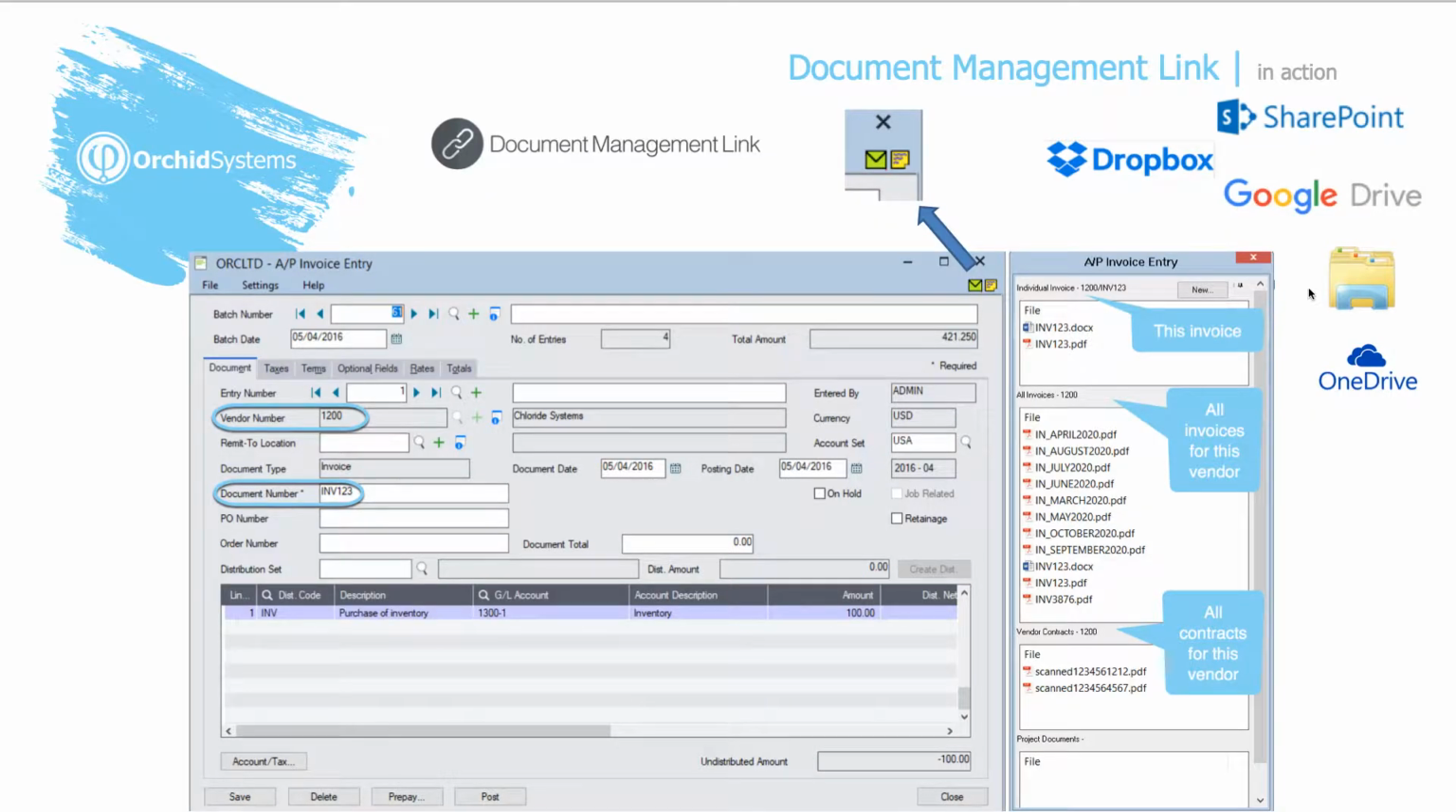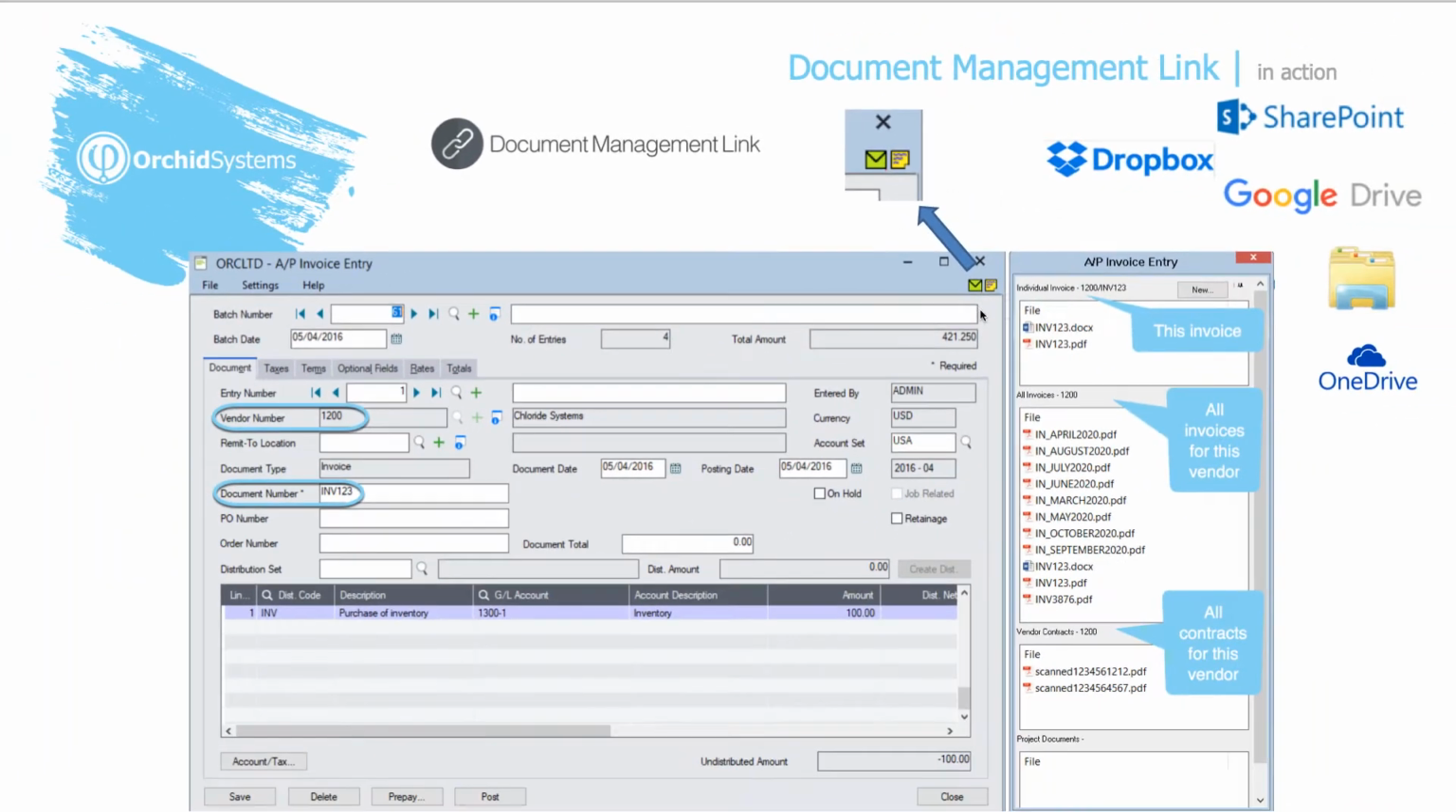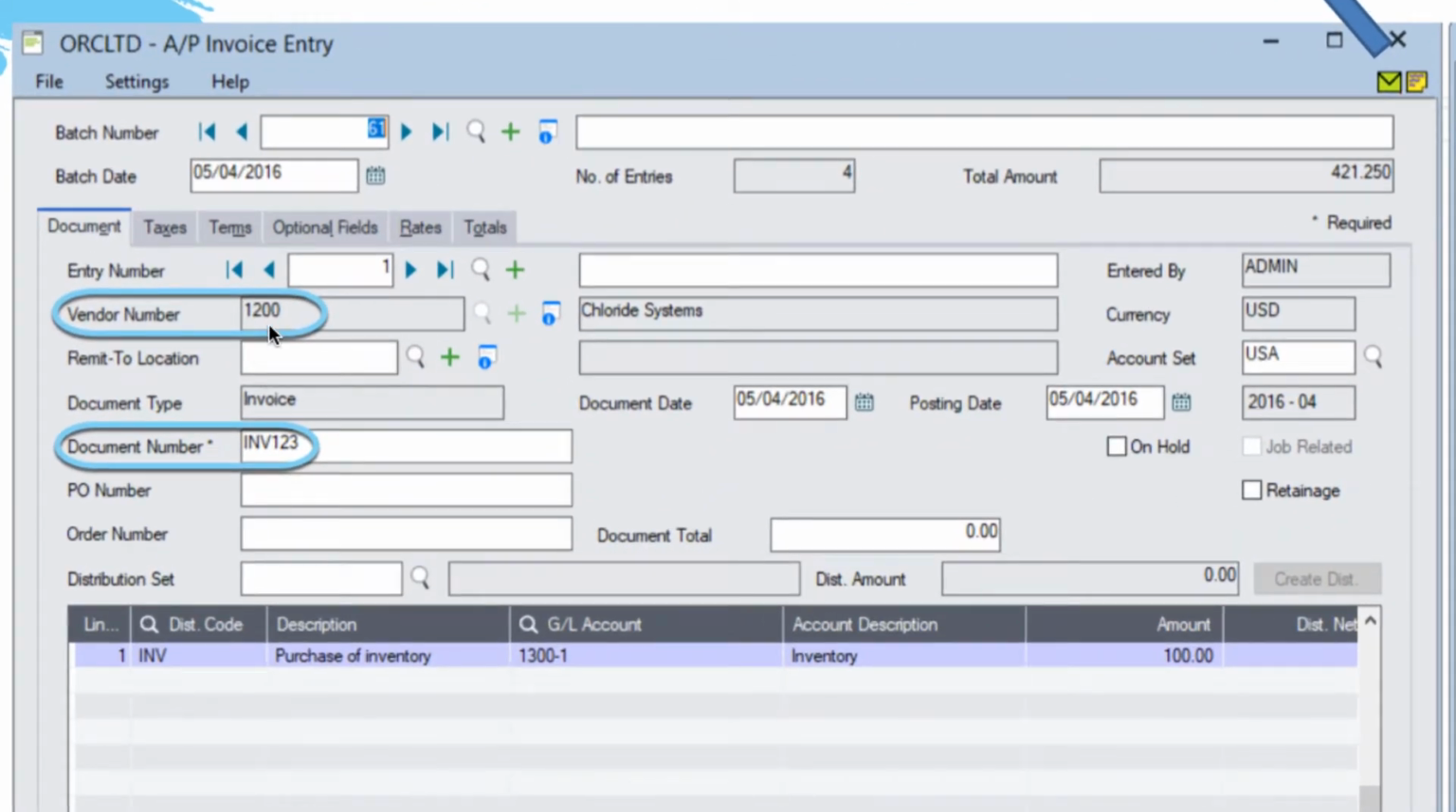Document Management Link shows documents in the window on the right-hand side of this, for example, accounts payable invoice entry screen, and also shows, if you look at the top right-hand corner of the screen, as a post-it note with lines in it indicating that there are documents associated with this particular vendor and document. So in this case, we're looking at vendor number 1200, Chloride Systems, and document number